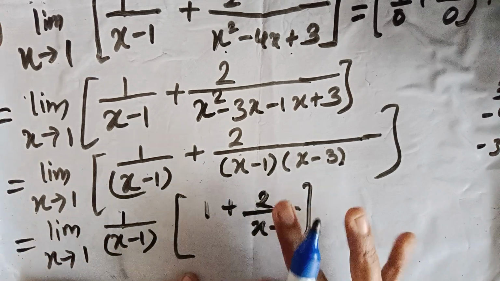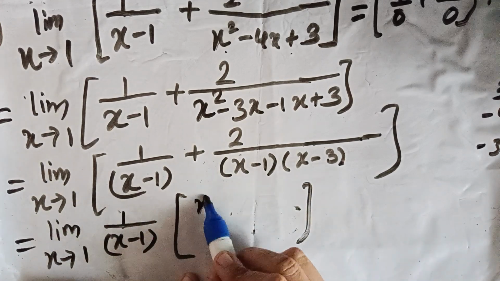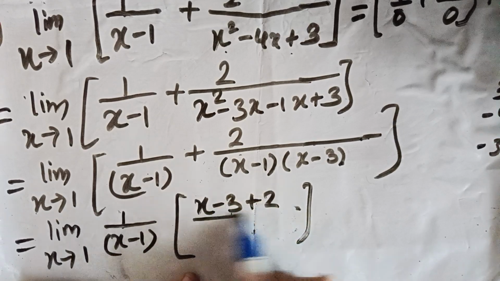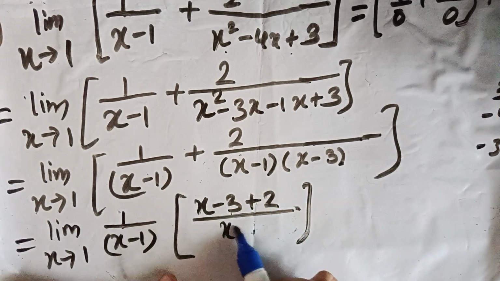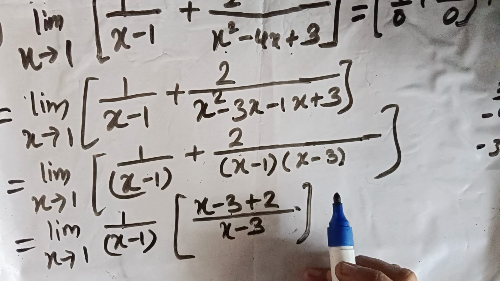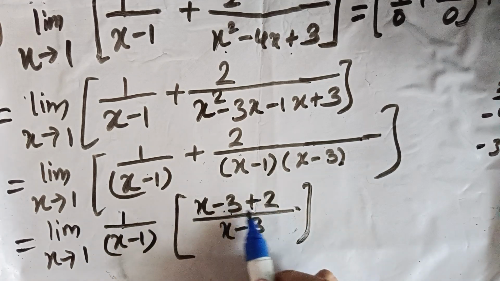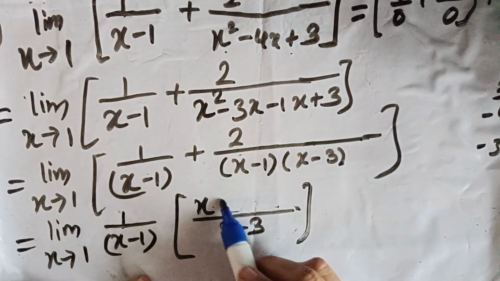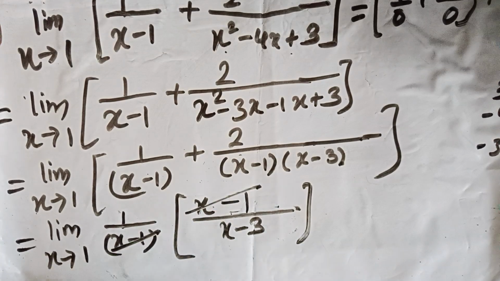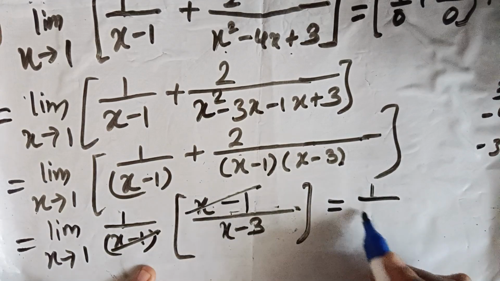So here you can cross multiply. So I'll write x minus 3 plus 2 upon x minus 3. Okay. So x minus 3 plus 2 is minus 1. So this term and this term get cancelled and we will get here 1 upon 1 minus 3,